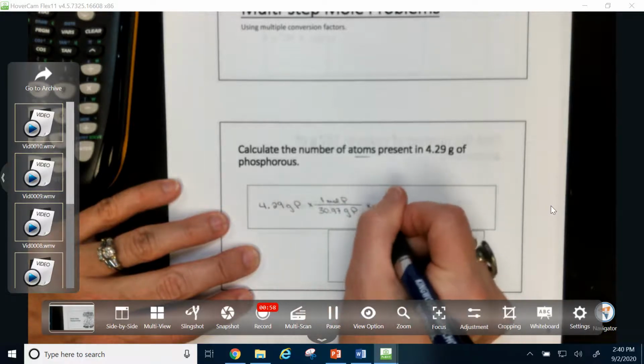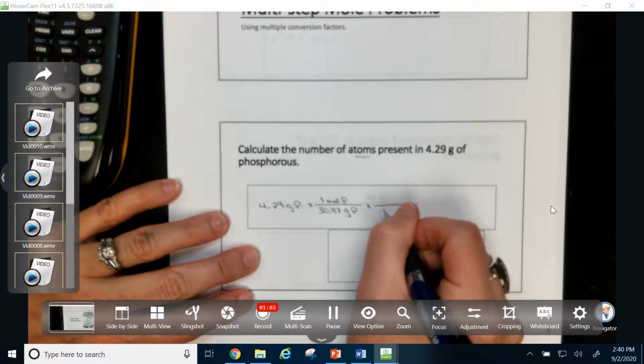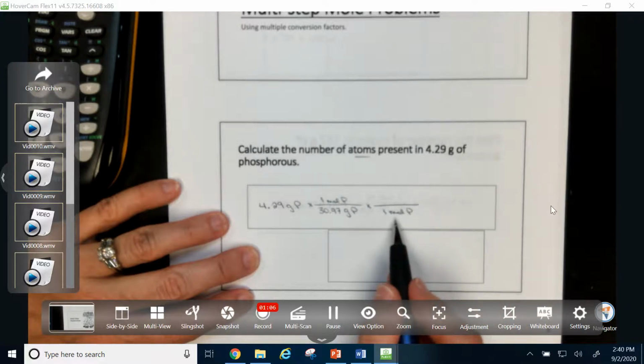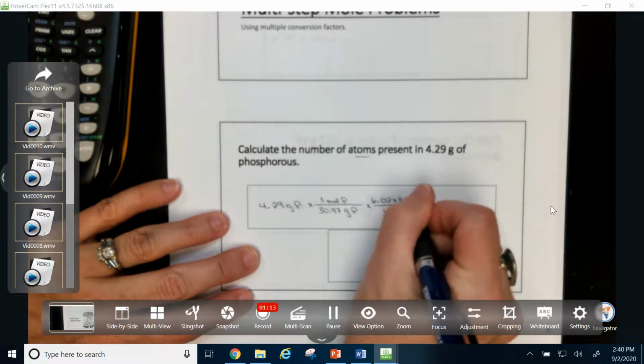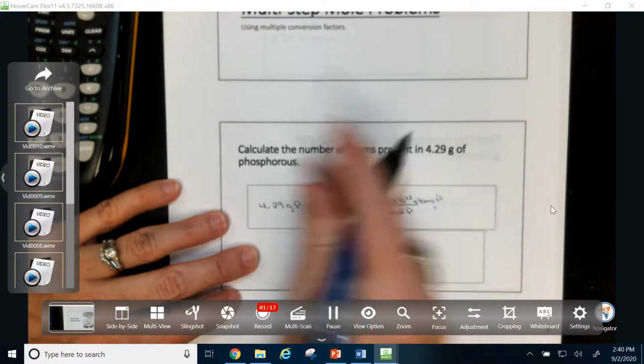So I keep going. I put 1 mole back down here at the bottom because I need to get rid of the mole. So I put 1 mole of P down here. I know that 1 mole of phosphorus is equal to 6.02 times 10 to the 23 atoms of P. So when I calculate now,